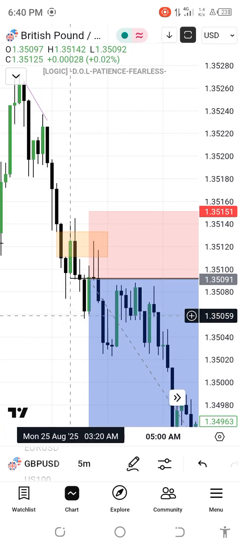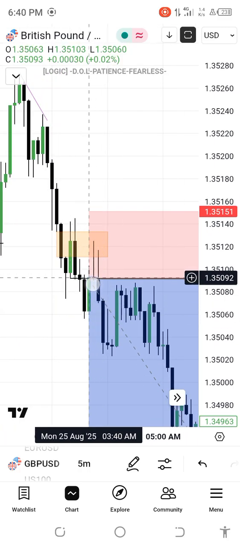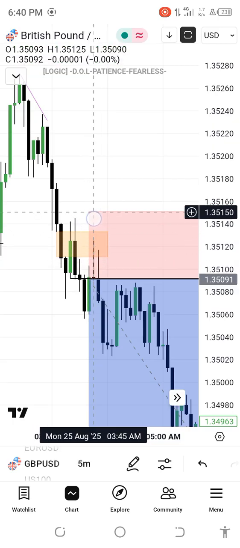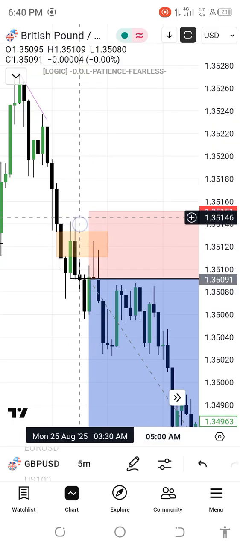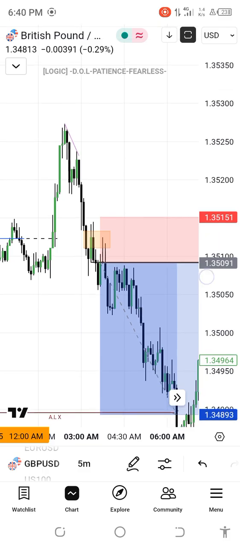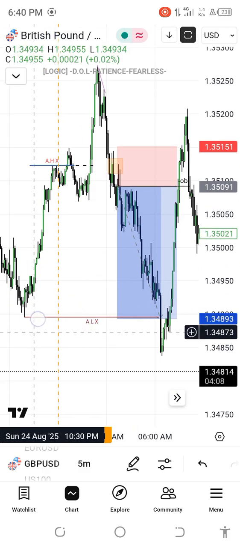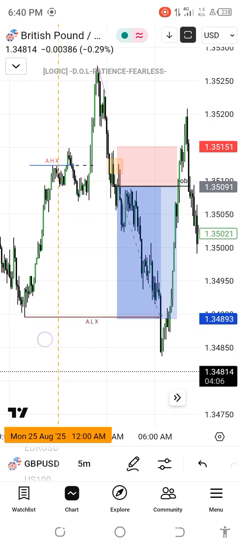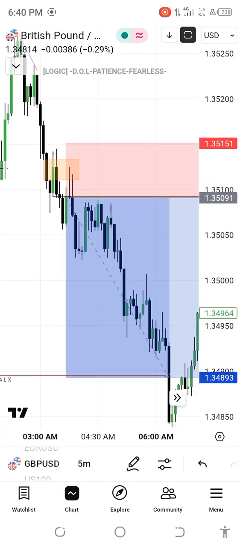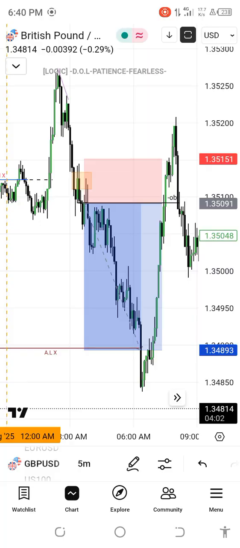So I took my trade on this bearish order block there, with my stop loss above this high where we have that order block, and I was aiming for the Asian low, which is somewhere around here, and that gave me my 1:3 risk to reward ratio, and that was it for